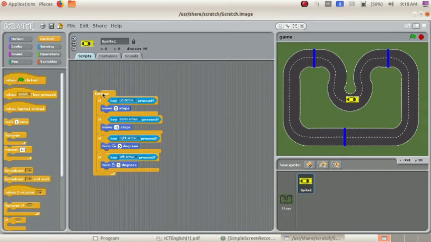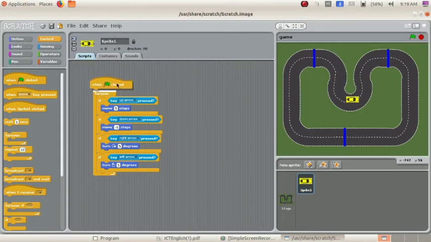That is the forever tag. Okay, next one, here we can see when flag clicked. So here you can see a green color tag. If you want to activate the instructions, you have to click on the green flag.